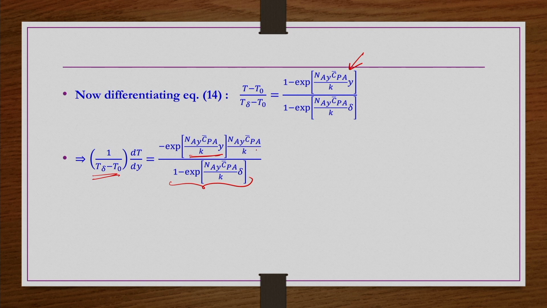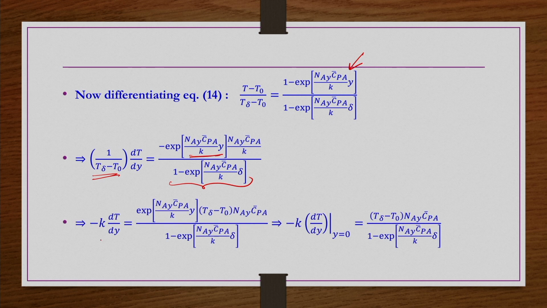So that is N_A minus k, right. So now we wanted to know minus k ∂T/∂y. So minus k ∂T/∂y. Then what we are doing, this T_δ minus T_0 we brought to the right hand side, okay. And whatever 1 by k was there, we have taken to the left hand side. So then we have k here.